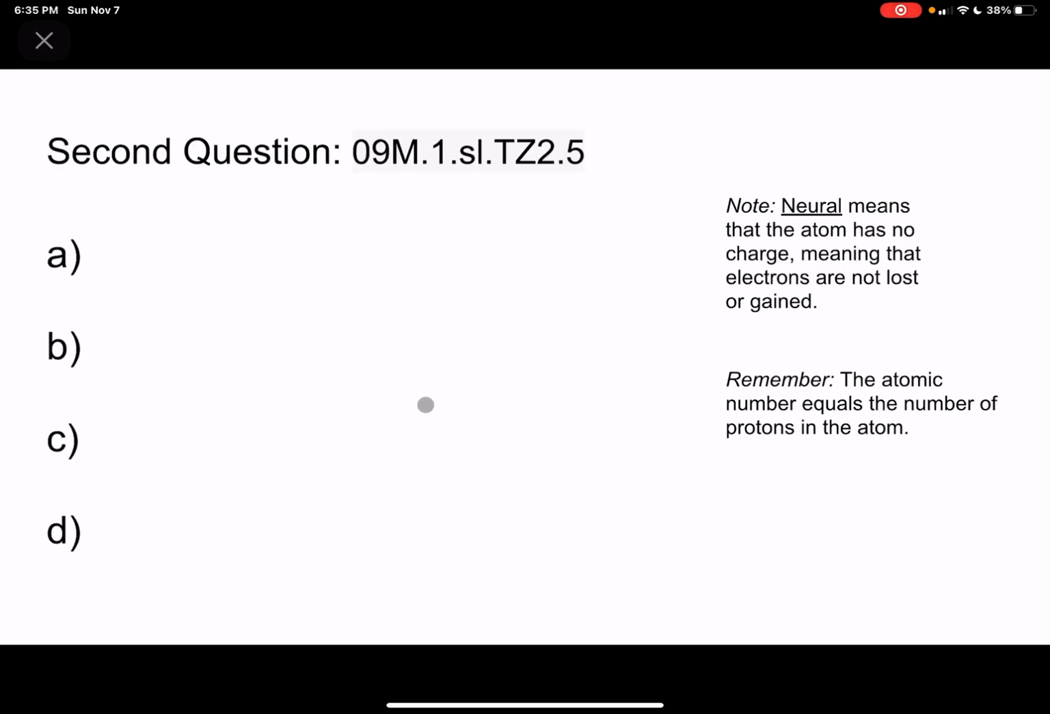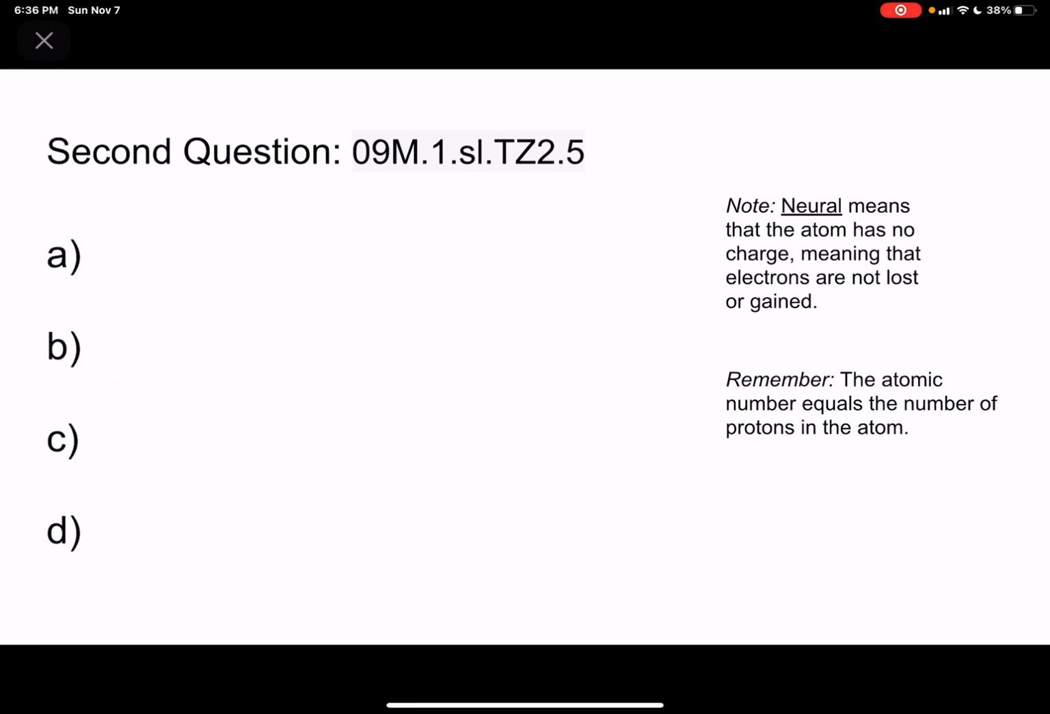And then for the second question, it says what is the atomic number of a neutral atom which has 51 neutrons and 40 electrons. Neutral means that the atom has no charge, meaning that electrons are not lost or gained. So the electrons equal protons, and the atomic number equals the number of protons in the atom. So it says B, 51, and 51 is incorrect because